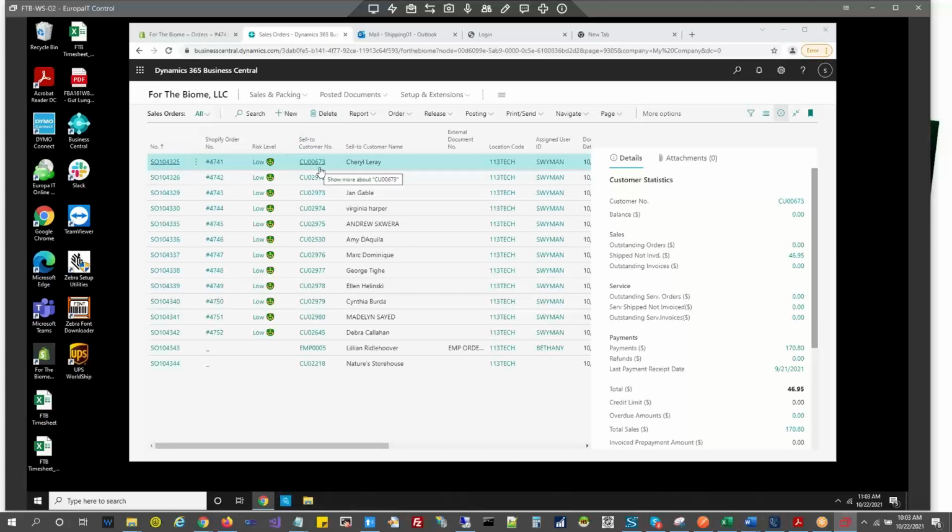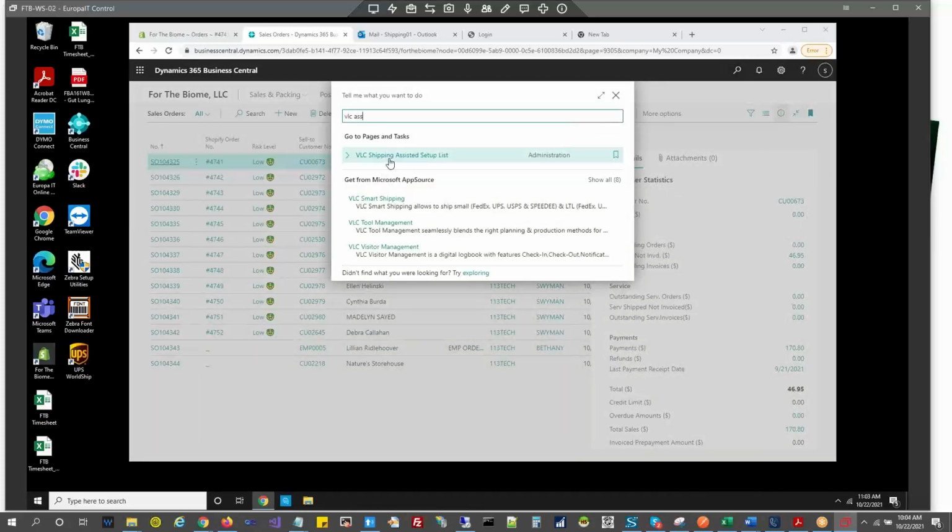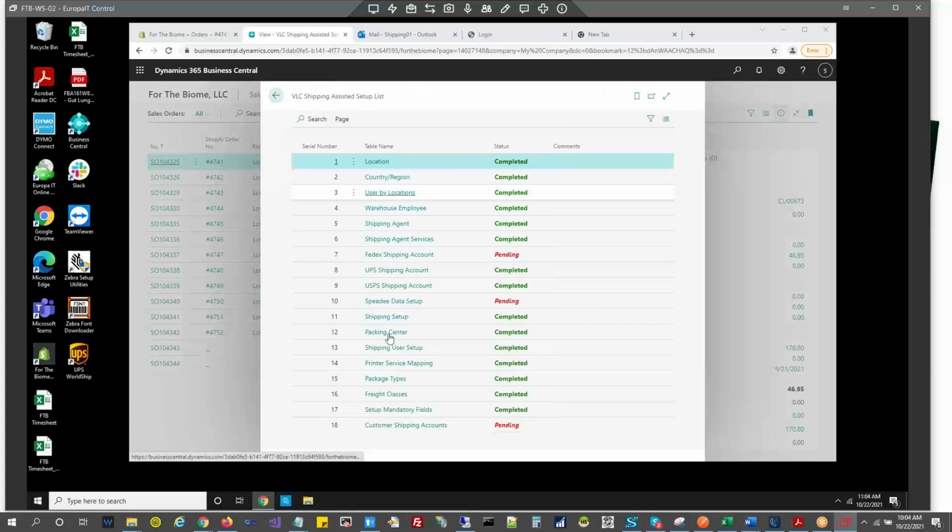Sure. So then in this one, does it show that it's been shipped, just not posted? No, just not invoiced? I think it should be in the shipping setup.